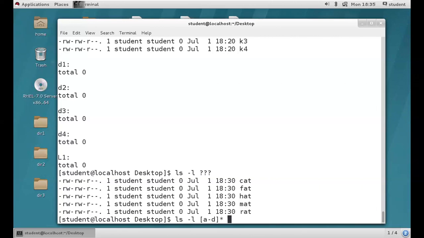In between, we need to provide a hyphen, A-D. If we have a file starting with A, it will print it. If you have a B file, it will print the B file. If you have a C file, it will print the C file. If you have a small d file, it will print the D file.